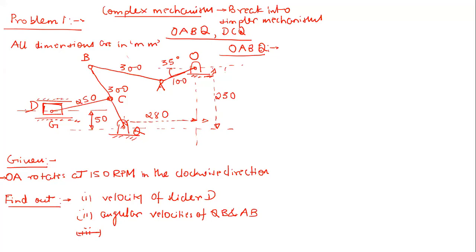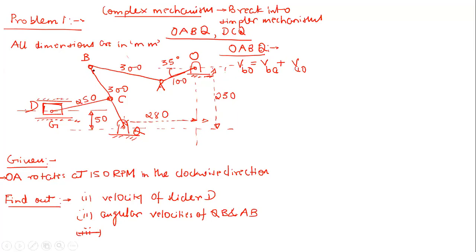So you are interested to, let's say, find out the velocity of B with respect to A. Okay, so let us start with this vector equation only. Velocity of B with respect to O is equal to velocity of B with respect to A plus velocity of A with respect to O. Okay. So this is one vector equation which we formed for this velocity of point B, right?